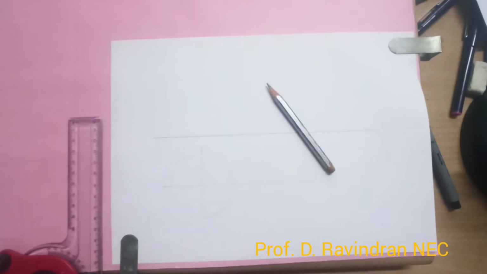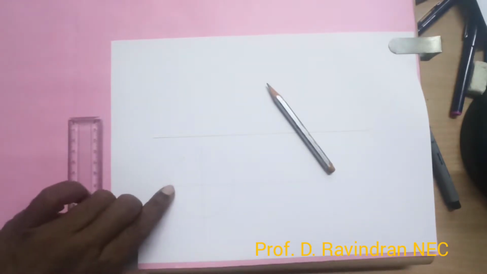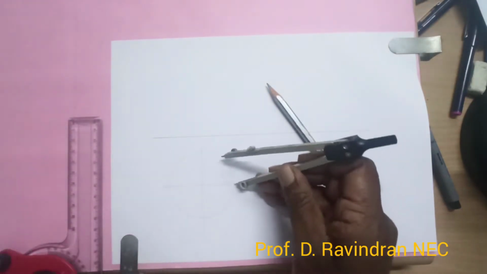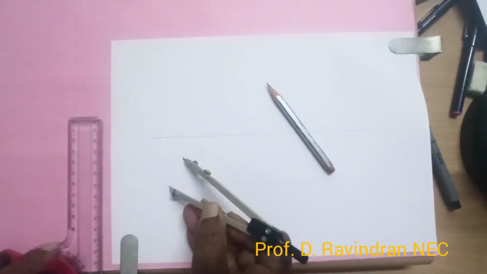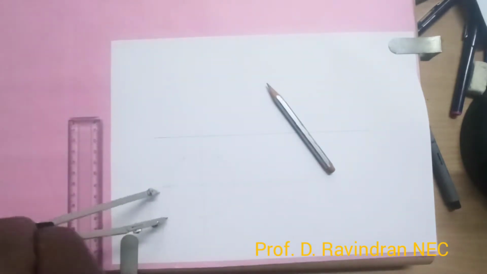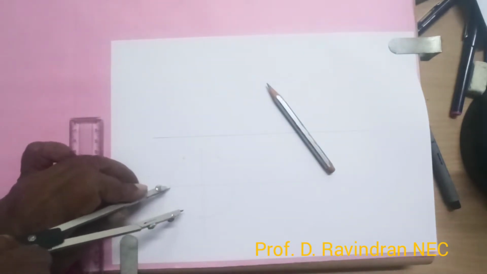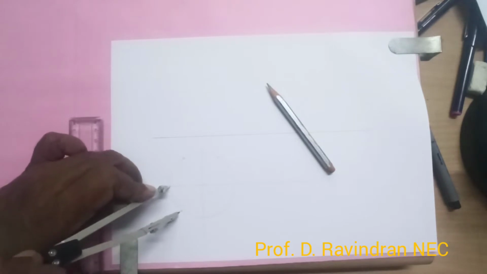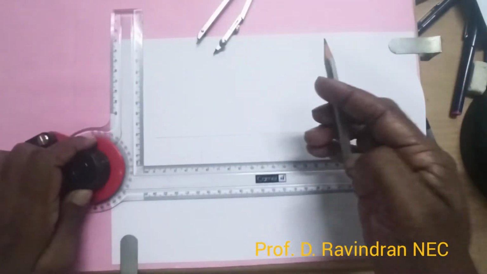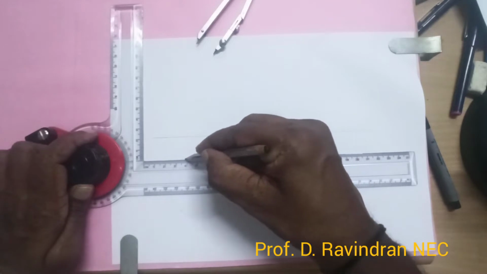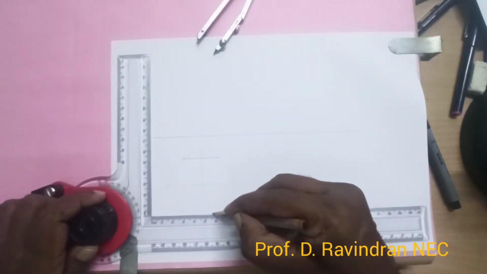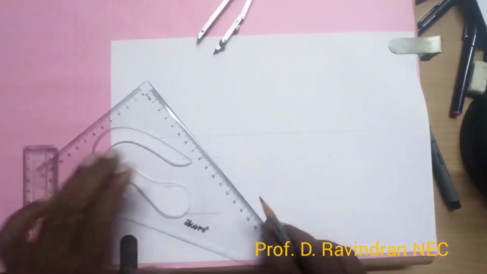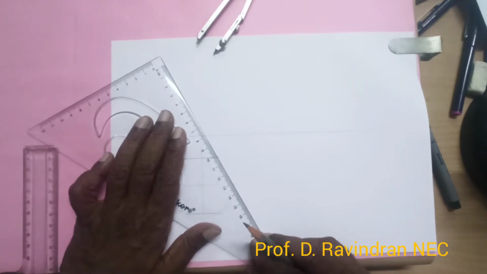Now since one corner has to rest on HP, the corner has to come here, so you can choose this corner and then draw two arcs here, as well as from this corner you can draw two arcs here. Now we can just construct a hexagon like this. You can join this by a straight line.